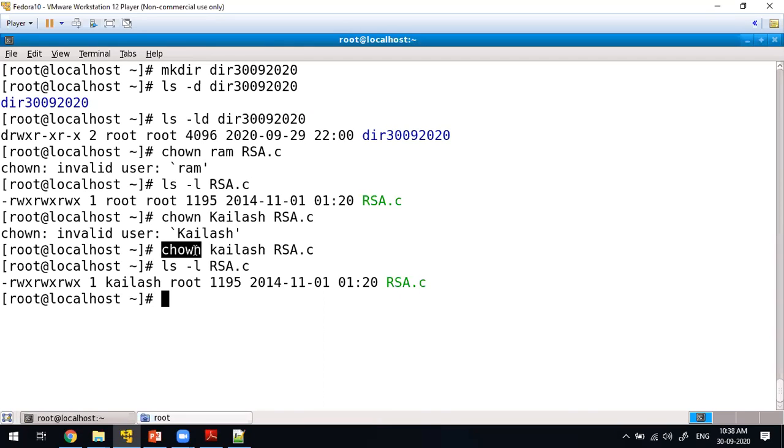In order to change the owner, the command is chown. When this situation comes, you have created some files, and the next part of the file is to be updated by some other owner. Assume that there are two software developers. Developer one is going to write half of the program, and till that time he is the owner. The remaining part will be developed by the second developer. In that case, before you give the file to that person, you change the owner of the file. How to change this? Like this: chown, the username, and then the file name. Now, do you have any doubts in this?